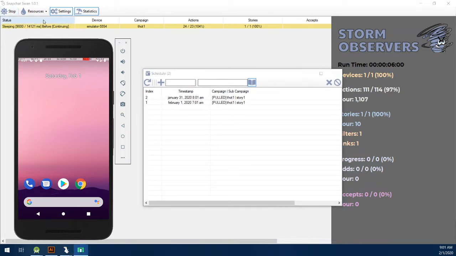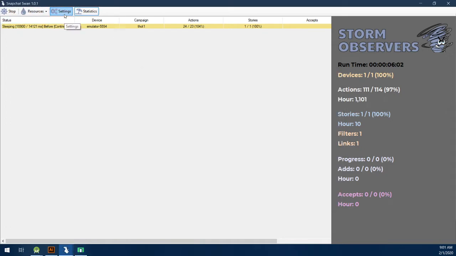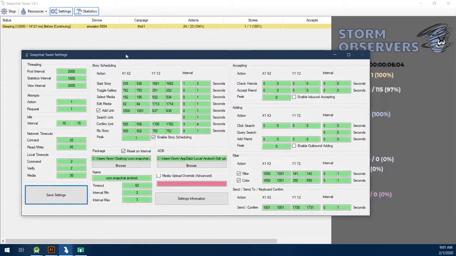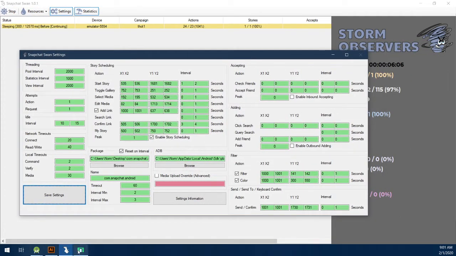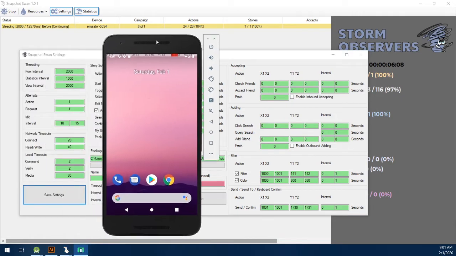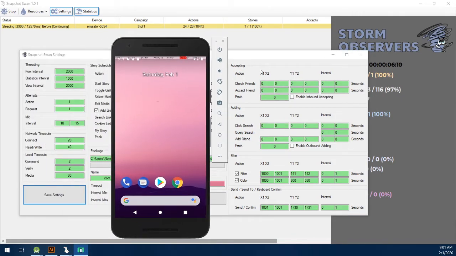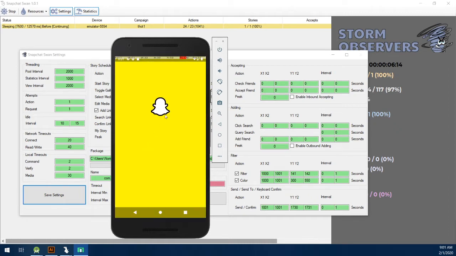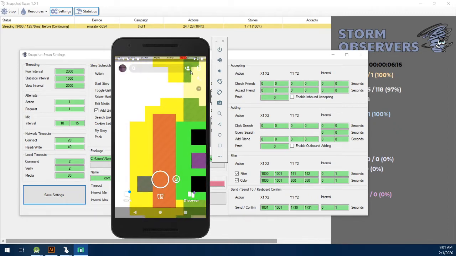So while this is just idling here, I'm going to load up my settings. Pop over my emulator, and we're just going to be focused on accepting first, okay? So first thing I'm going to do is open up Snapchat. Okay, so the check friends is obviously right here. This is kind of similar. So that is